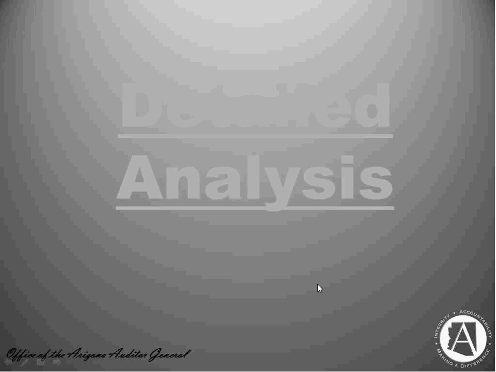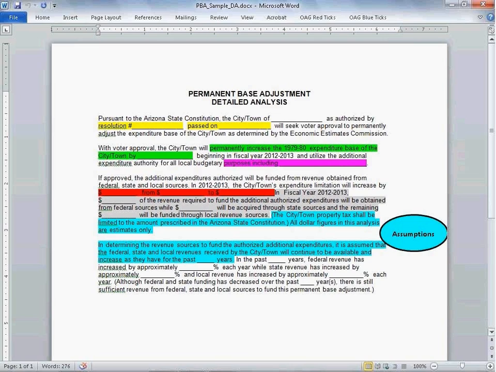Once we have verified the correct calculations of the expenditure limitation before and after the permanent base adjustment, we move on to a review of the detailed and summary analyses. A review of the detailed analysis is designed to detect problems in several areas. Specifically, we look for the amount of adjustment to the base year expenditure, highlighted in green, to agree to the resolution in the summary analysis. In addition, we look for the descriptions of expenditure purposes, highlighted in purple, to be specific and informative. In other words, we look for them to be meaningful to the voters.